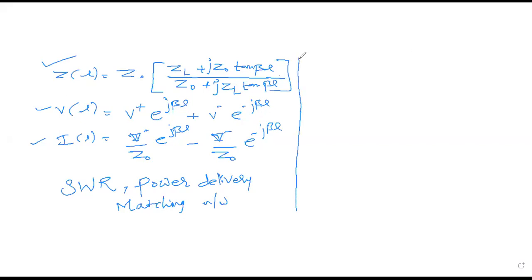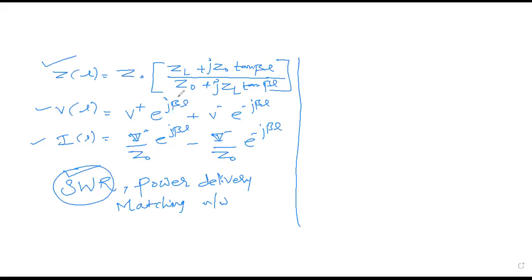We'll start with the very first thing, which is called SWR, standing wave ratio. It is a very important parameter in electromagnetics. When I say electromagnetics, it also means antenna and microwave, so it's a series of subjects. This parameter is very important, and first of all we'll see what this SWR is.